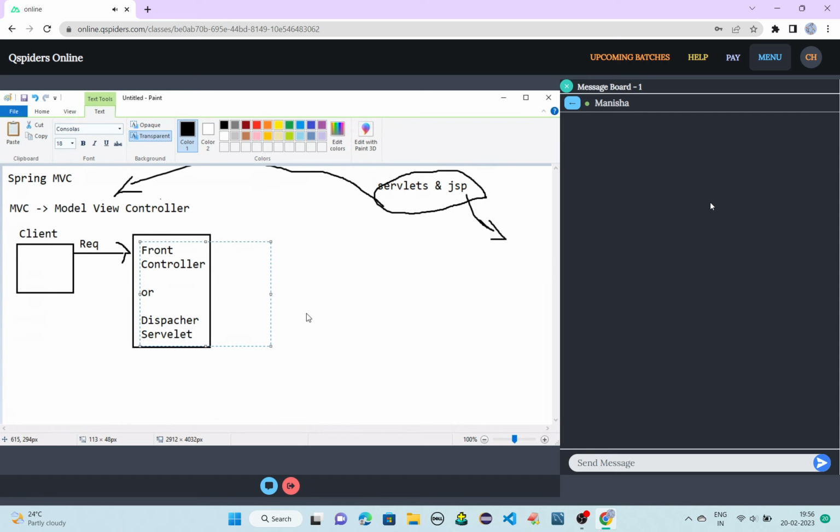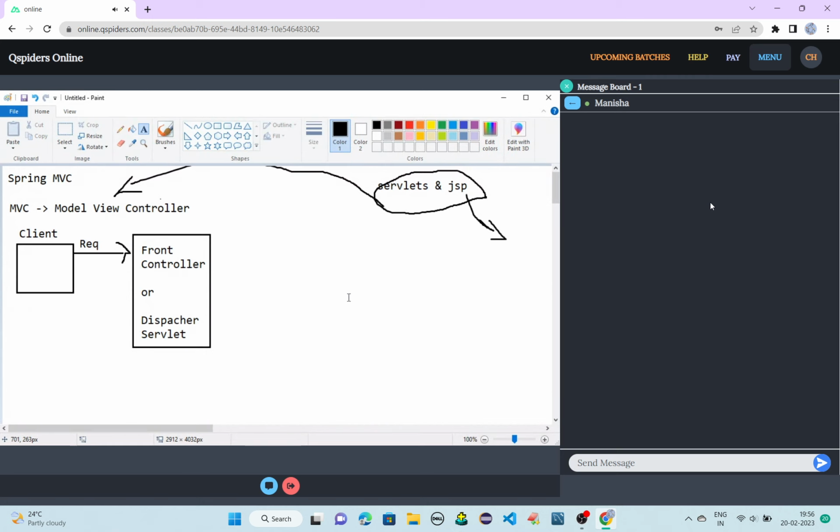So the first thing is, when the client sends the request, it will go to your front controller or dispatcher servlet.